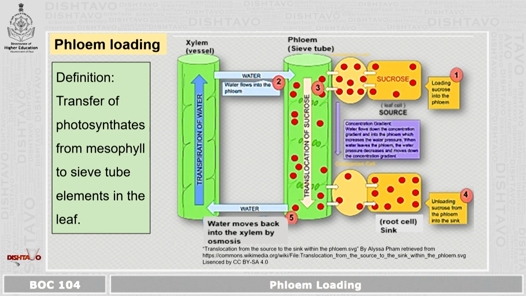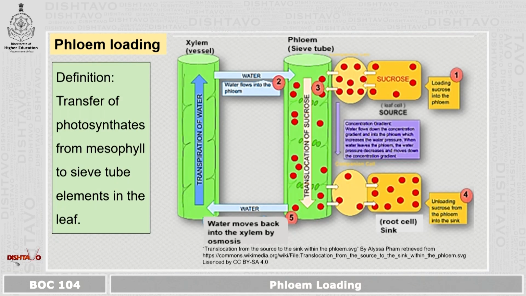The sugars or the photosynthates are formed in the source, which is the leaf cell. The phloem loading is concerned with the photosynthates. The photosynthates are formed in the leaf. The leaf is the source, and from the source it is transported to the different organs of the plant. That is, it can be roots, root tubers or any other organ of the plant other than the leaf. The leaf is regarded as the source, whereas the roots and the other portions are regarded as the sink.